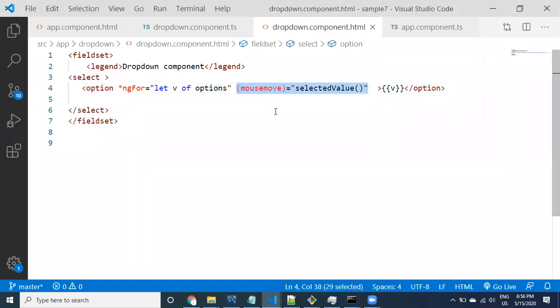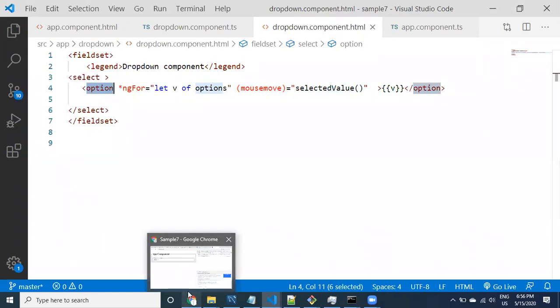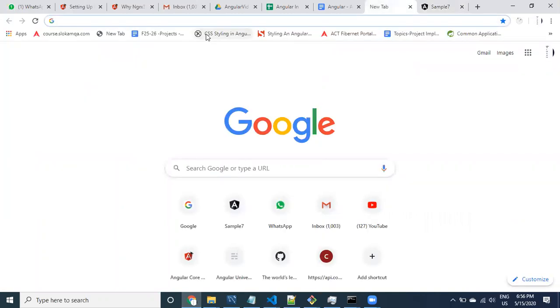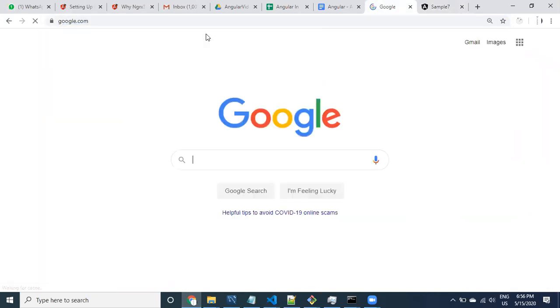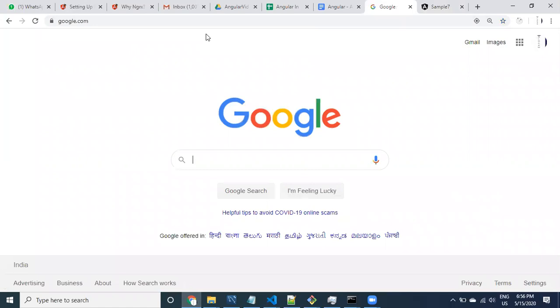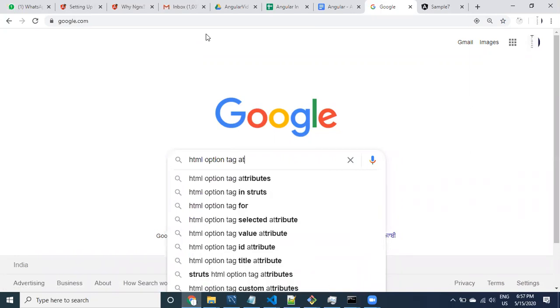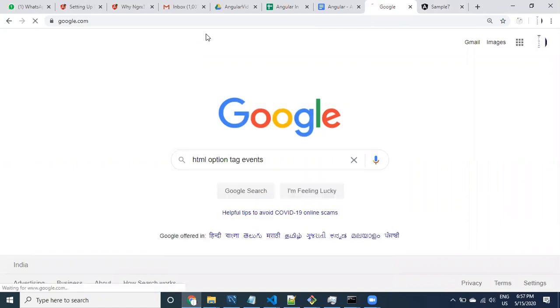This is working code. Why? Because mouse over is also not available for the option. How can I know that? You cannot learn by heart which tag contains which attributes. So for the HTML option tag, you can check its attributes or events.